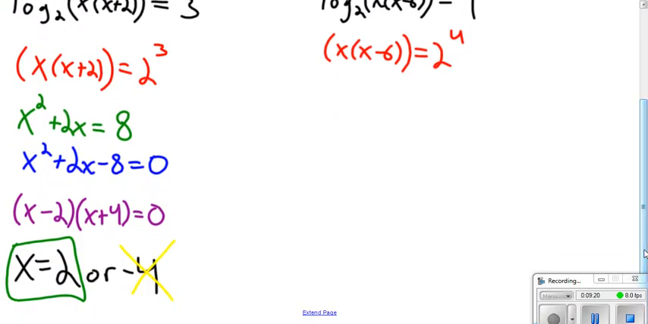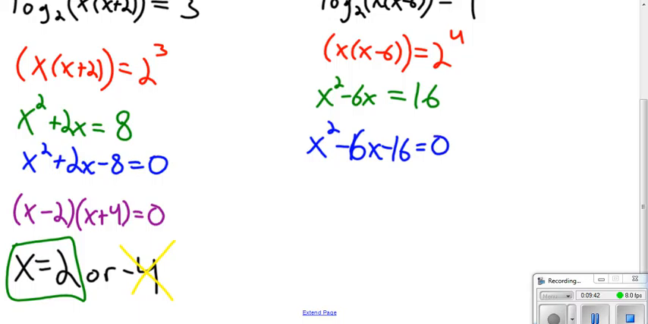Now from here, we will distribute, get x squared minus 6x equals, and just solve for 2 to the 4th. Well, 2 times 2 is 4, times 2 is 8, times 2 is 16. Then from here, subtract 16 from both sides so we can solve for x. Minus 16 equals 0. Solve by factoring again, and we get x minus 8, x plus 2 equals 0. So it looks like our solutions would be x equals 8 or